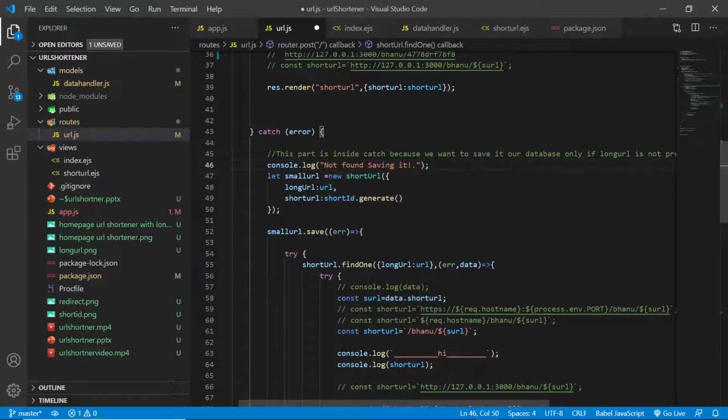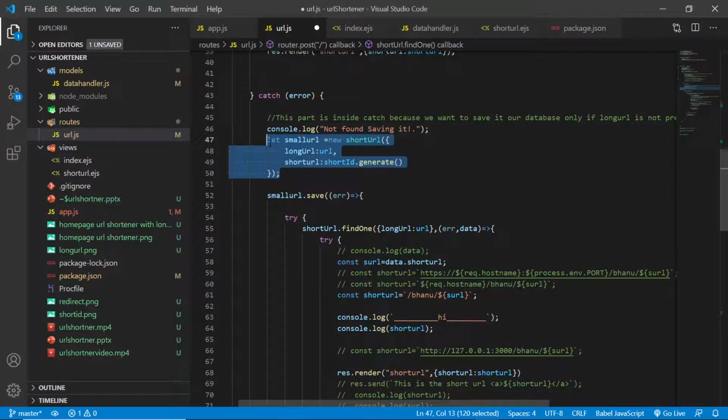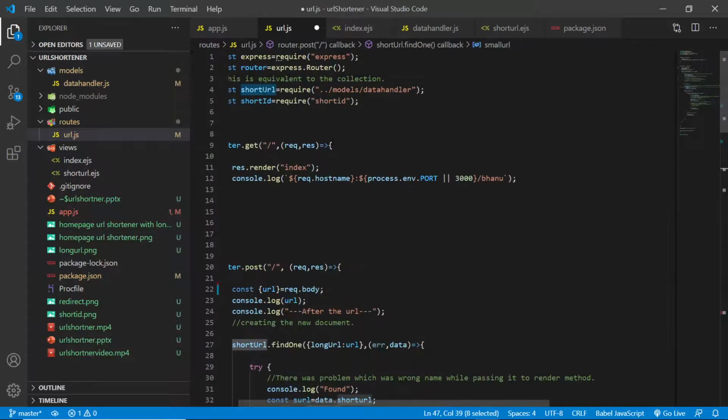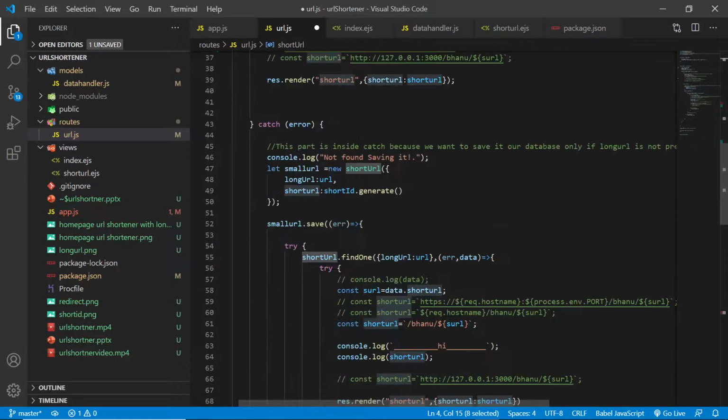We did not have that URL stored in the database before, so we just console log for our information, and we are creating an object. This is the document, using this short URL, this is our collection which we have imported over here. So we are creating this new short URL and passing the information.